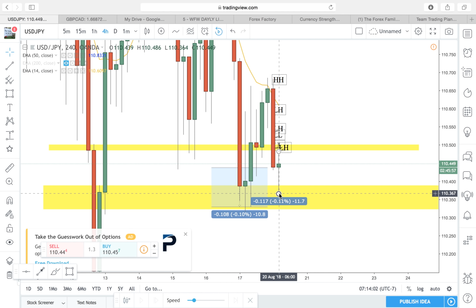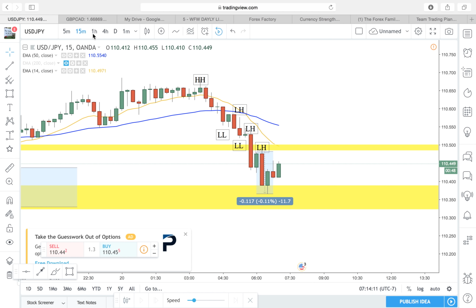So I should have closed at my 15%. I should have closed at 15% and just walked away. But instead, I closed at 9%, which is still okay. I'll still take 9% all day long. But what was important was the fact that we're in between zones. Our formula was there, so we sold the lower high.